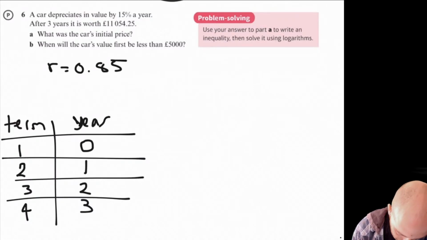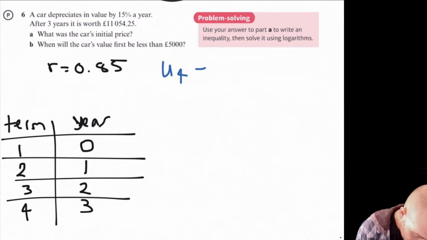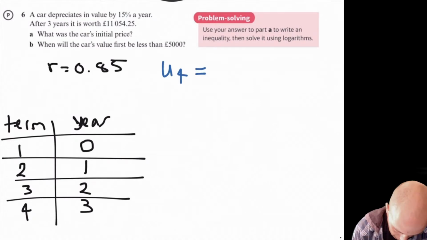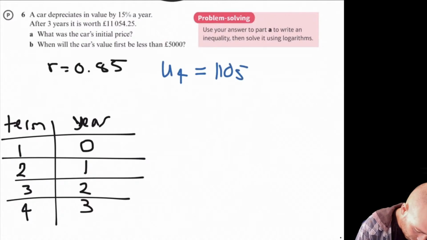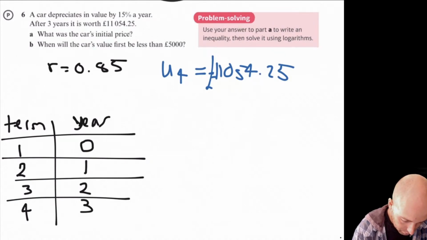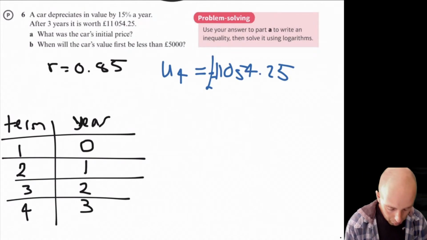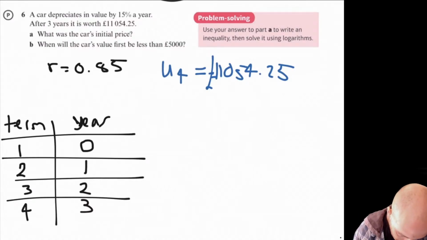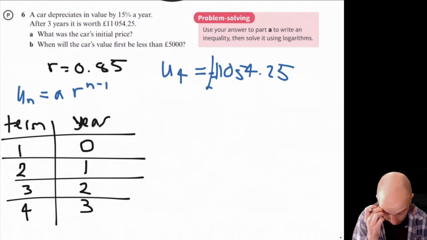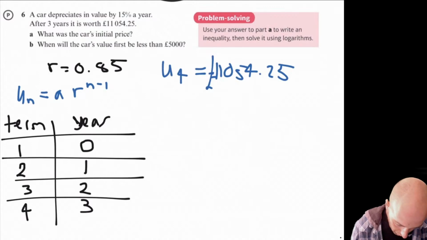So we know after 3 years, we know the fourth term. We know U4 is going to be 11054.25. And we're trying to find out what the initial price is, what A is. So if I set up the equation, remember Un equals A times r to the n minus 1. So we're going to get